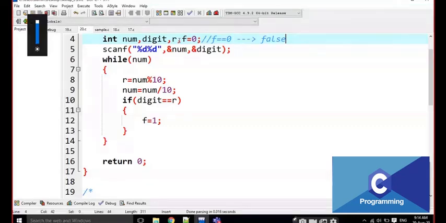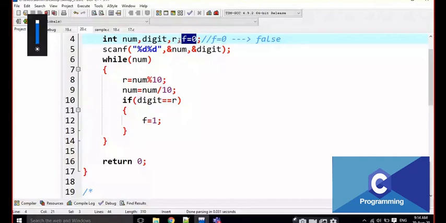That means the digit is not in the number. So I am going to take f is equal to 0 here. 0 refers to the digit not being in the list. I am taking it like that.